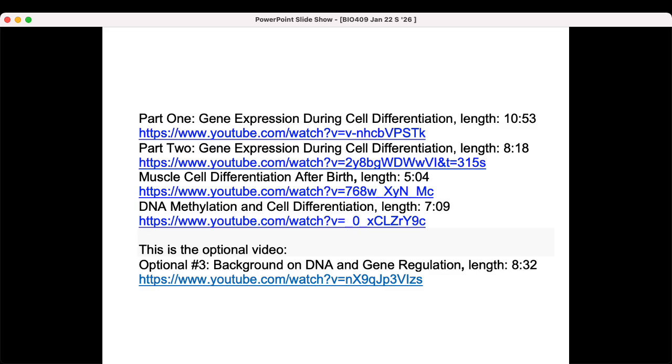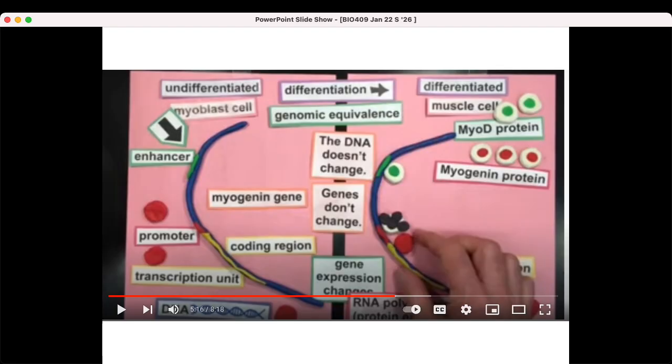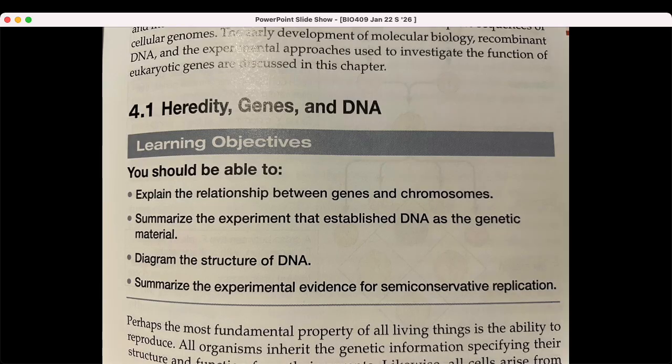Our big focus is the gene and how the gene functions, and the transcription factors like FOXO that bind to the regulatory region of the gene to regulate gene expression. So, big intro to molecular biology in those videos. And there's just a screenshot of the videos. And here's just an image from chapter 4.